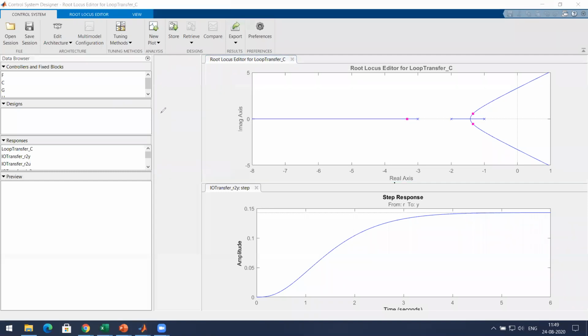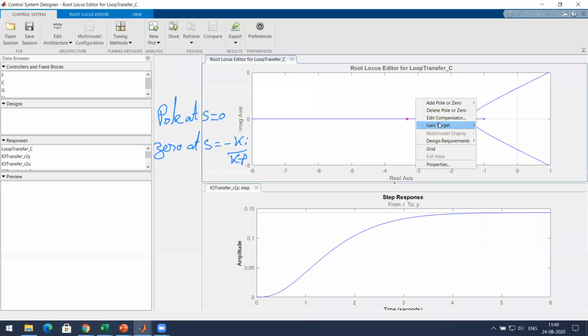You have a pole at s equal to 0. You have a 0 at s equal to minus ki by kp. This is what we need to add now. We are adding a pole at s equal to 0, and we are going to add a 0 at minus ki by kp.